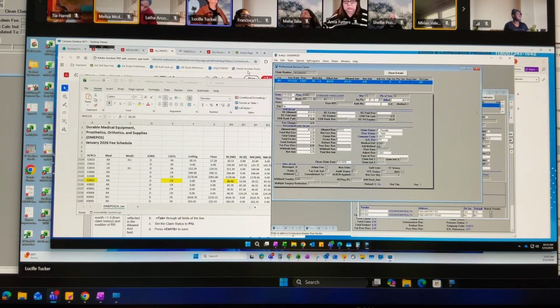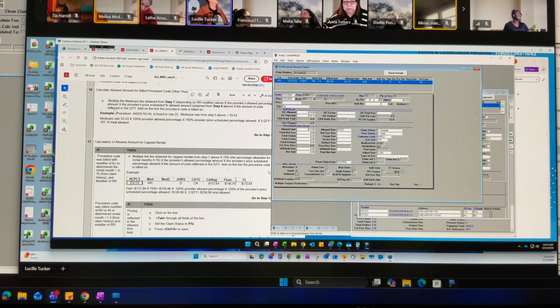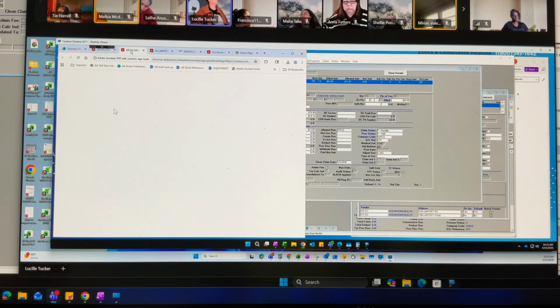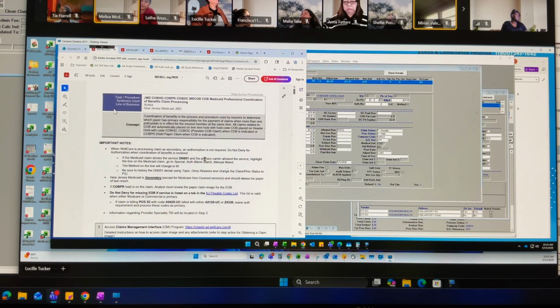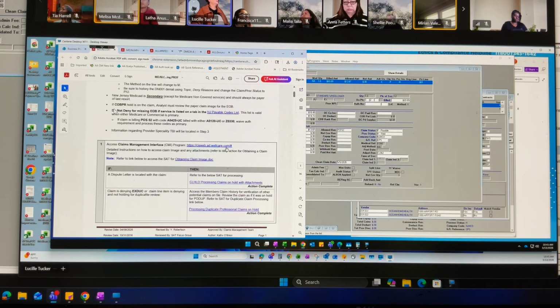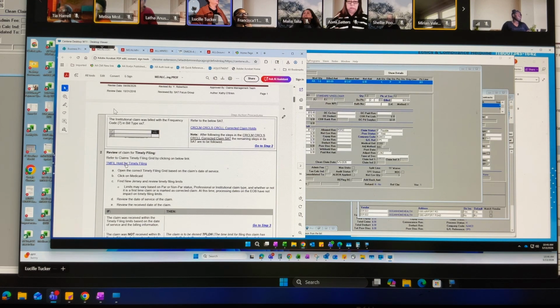All right. So now my claim is priced. Okay? So now I'm going to go back and complete my COB. Let's see. So I already have the claim pulled in CMI. There's no dispute letter. It is not denying as a duplicate. I already did a duplicate search. Okay? It's not a corrected claim. I need to check for timely filing. I need to open this link